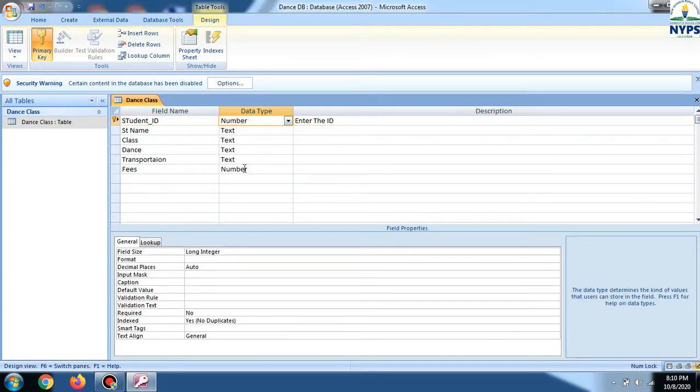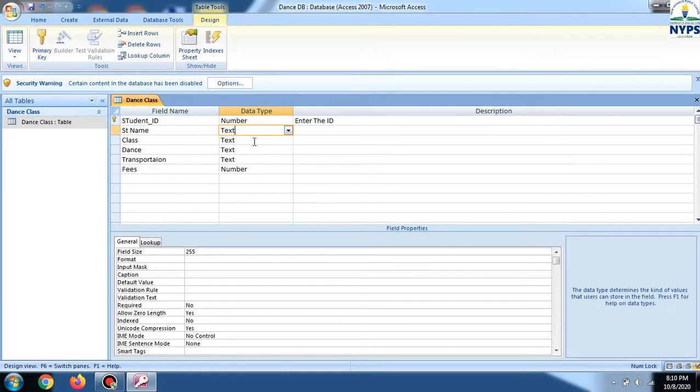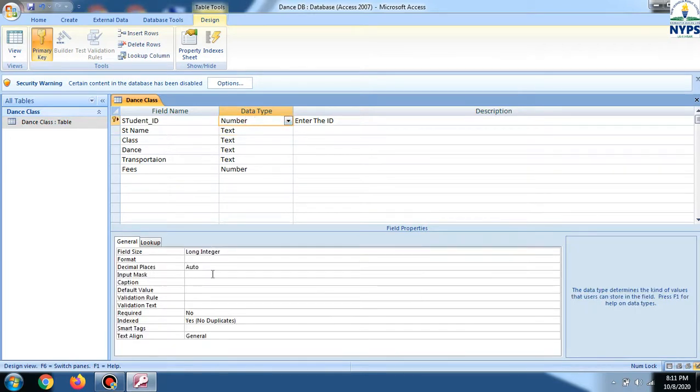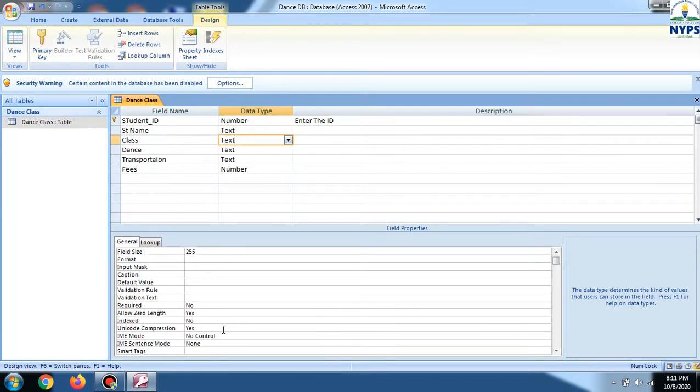So the next topic is our field properties. These are the field properties. On the upper pane, three fields are there: field name, data type, and description. But in field properties, for each and every type of field data type, the field properties are different. Like if I have selected numbers, some different properties are there. Some are the same although, but some are different. And if I am selecting text, then the values are different.